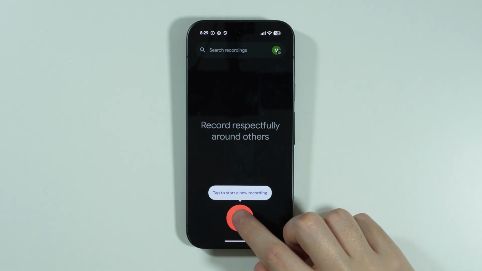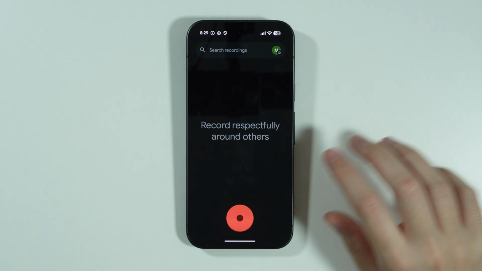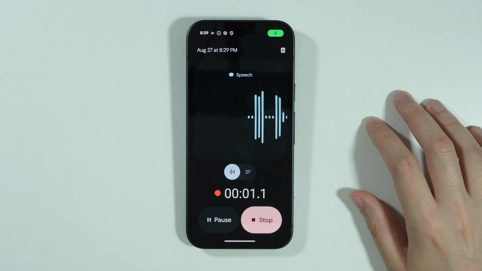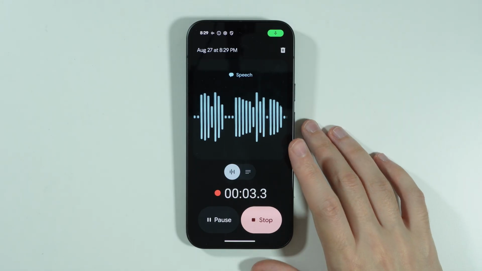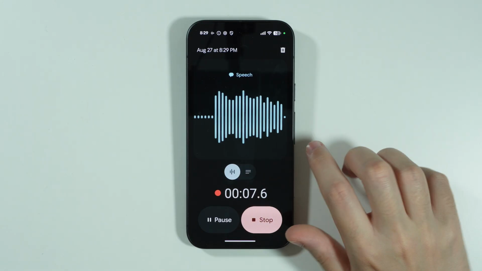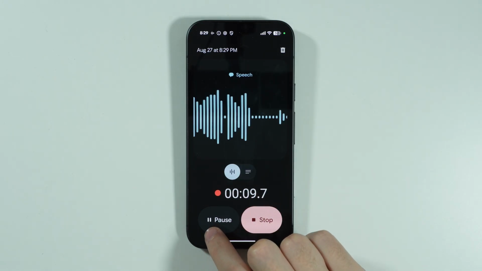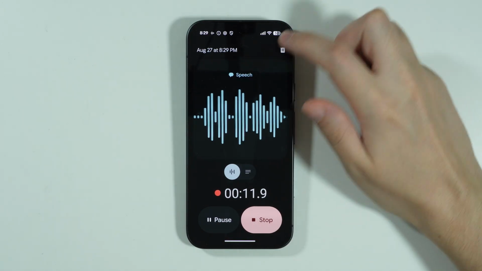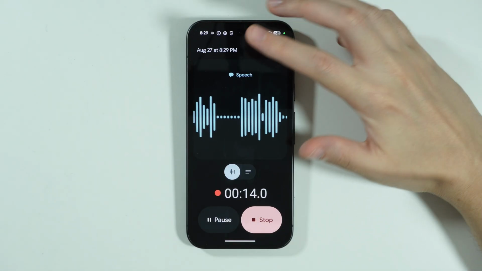And now we can press this red button in order to start recording. So let's go ahead, press this button, and now you are recording an audio. And over here we can also switch to speakers if you want to. We can of course pause, stop at any point, and we can tap on this trash icon in order to